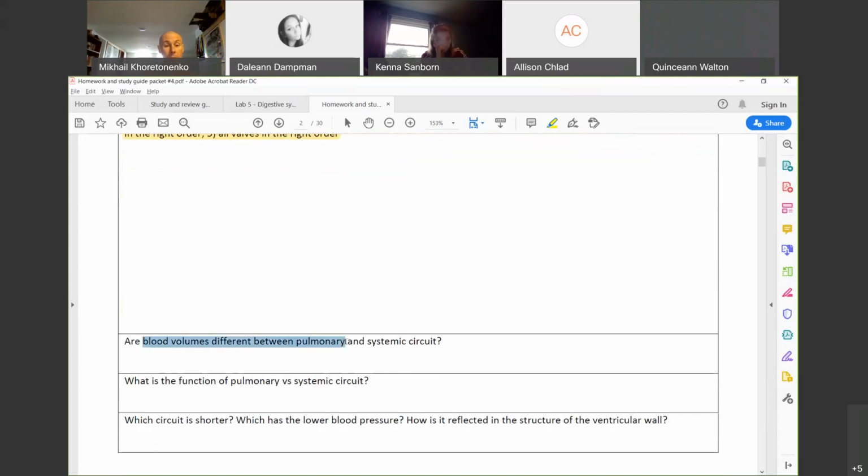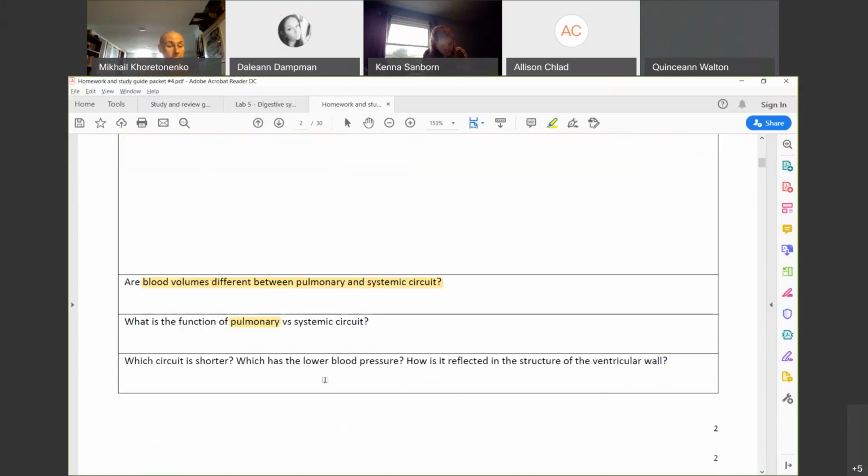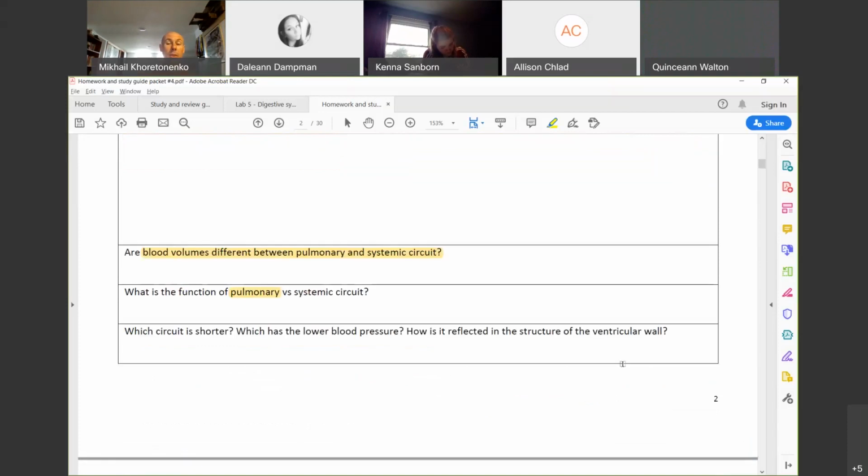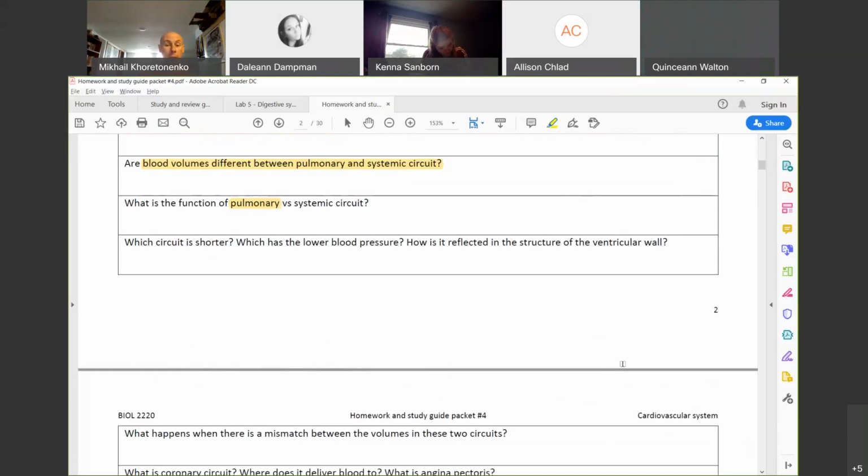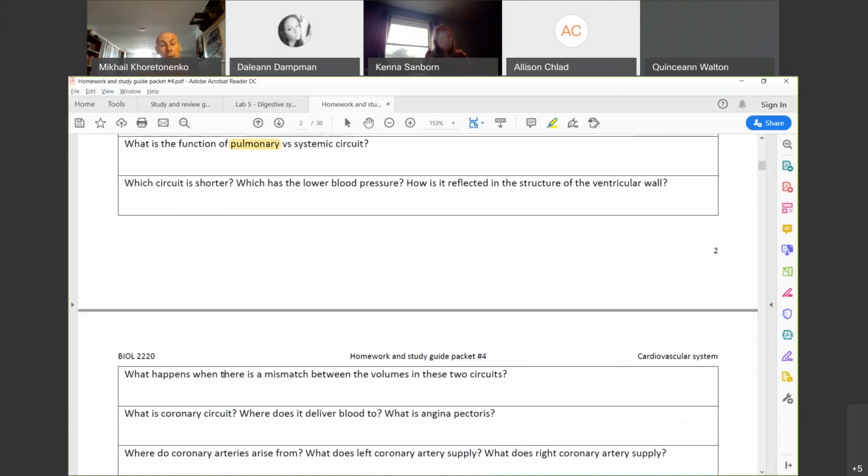Blood volumes, same. Pulmonary circuit is the oxygenation of the blood. Systemic circuit delivers the blood to all the organs. The pulmonary circuit is shorter and has a lower blood pressure, and that means that the right ventricle that pumps the blood into the pulmonary circuit has a thinner layer of cardiac muscle. A mismatch between the volumes in these two circuits